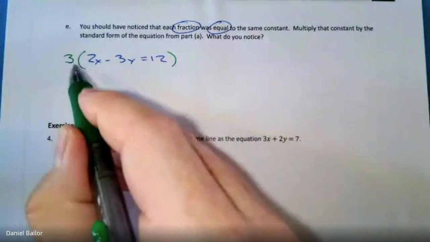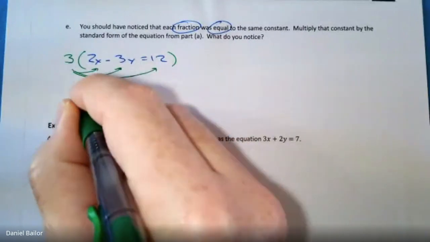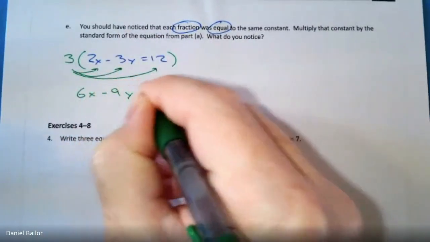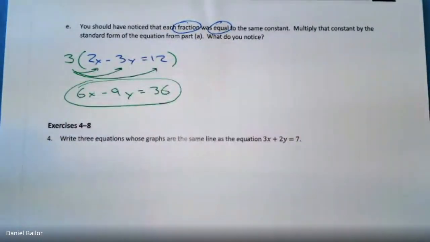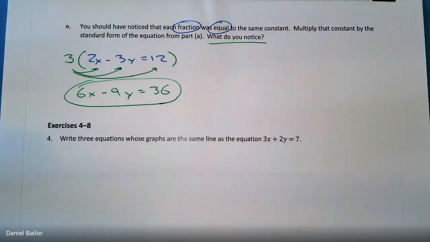Okay, well, we need to pass it to all the terms. So 3 times 2x is 6x. 3 times negative 3y is negative 9y. And 3 times 12 is 36. Multiplying by 3, not too tough. What do we notice? Because that's the next question. What do we notice? Well, if you look,